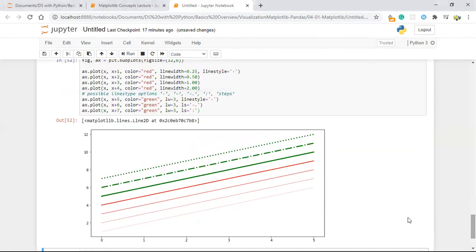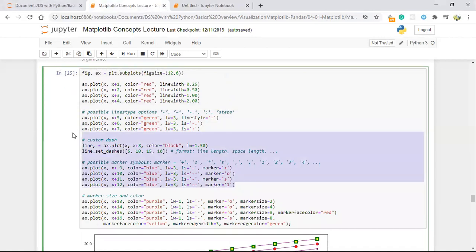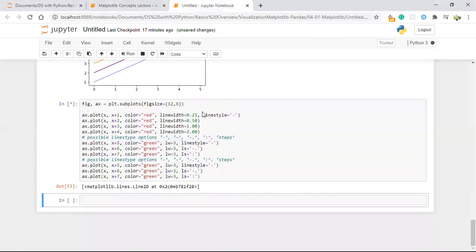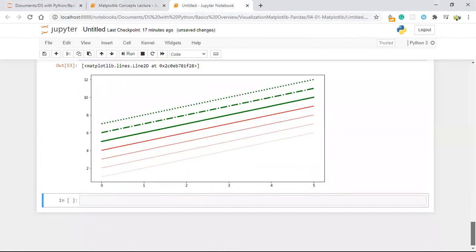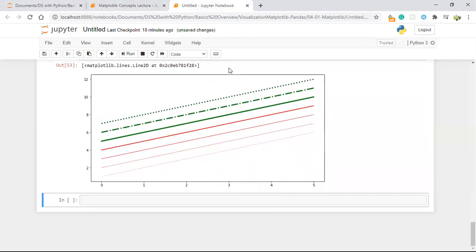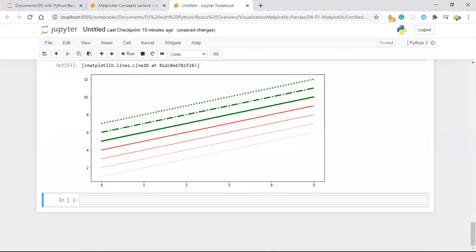And the next thing is, these are the possible outcomes. Okay. So the next thing is what we are just going to do here is line dash. So these are some other methods you guys can apply, all the same, the line width, the same kind of graph only. So now marker. Marker means it's used to mark on the point.